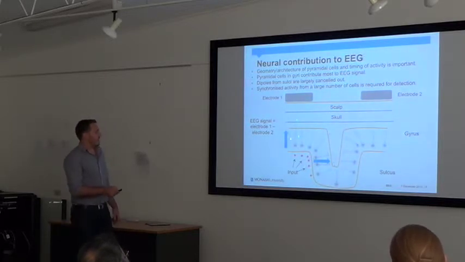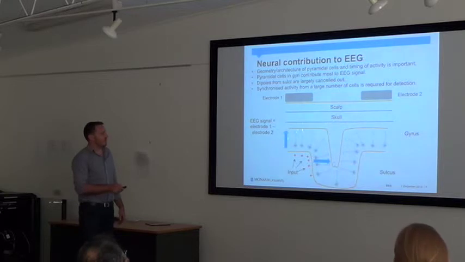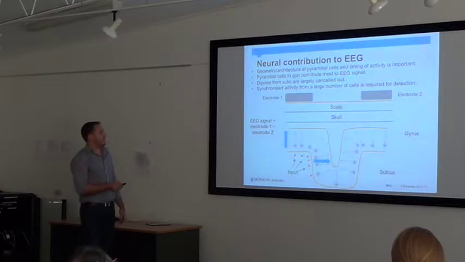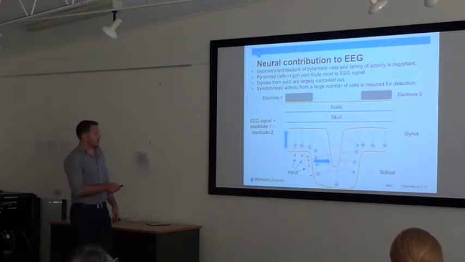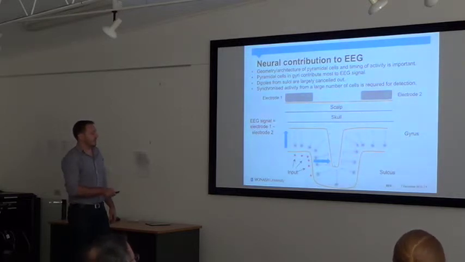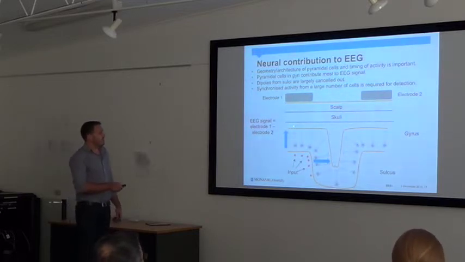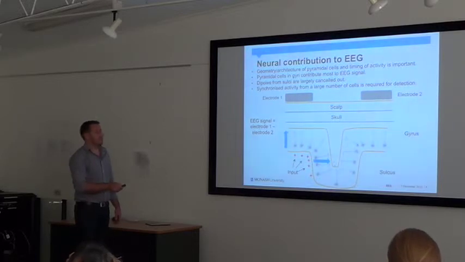Generally, these pyramidal cells are arranged in this kind of manner along the cortex. You can see that this is the top here, so you've got a gyrus up here going down to the sulcus and then back out. If you get some kind of input into the apical dendrites up here, you create these little mini dipoles, and you get lots of them if all of these cells have been activated. Now you've got the skull, the scalp, and then your EEG electrode sitting up here. These negative charges are actually closer to this electrode here, so we can record a difference,